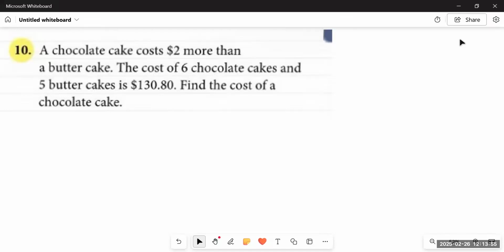Now the next question, it's very simple, very interesting. Let's see what's in there. A chocolate cake costs $2 more than a butter cake. What does it mean? Before solving this question, let us first suppose